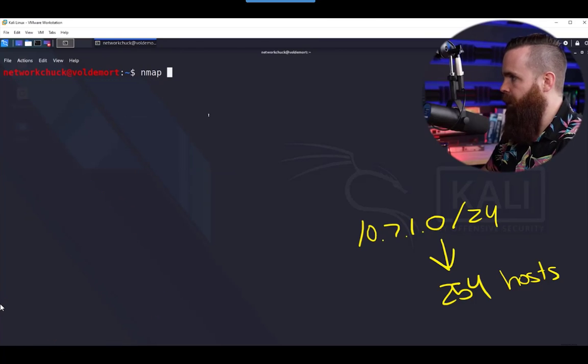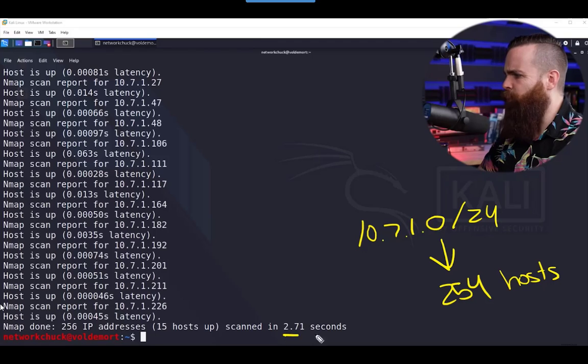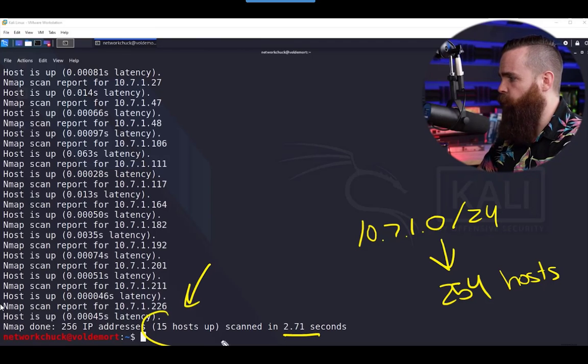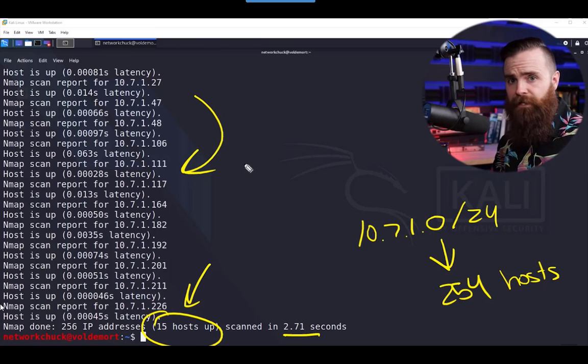I'll use the command nmap and then a switch. It'll be lowercase s, capital P, and then my network. And go. And in 2.71 seconds, I found out that 15 hosts were up. Here's the list right here. That's amazing. Do it in your network right now. Okay, alright, we automated the pinging of hosts in a network. Big deal, Chuck? You're right. Nmap can do a lot more. A lot more. Like, check this out.